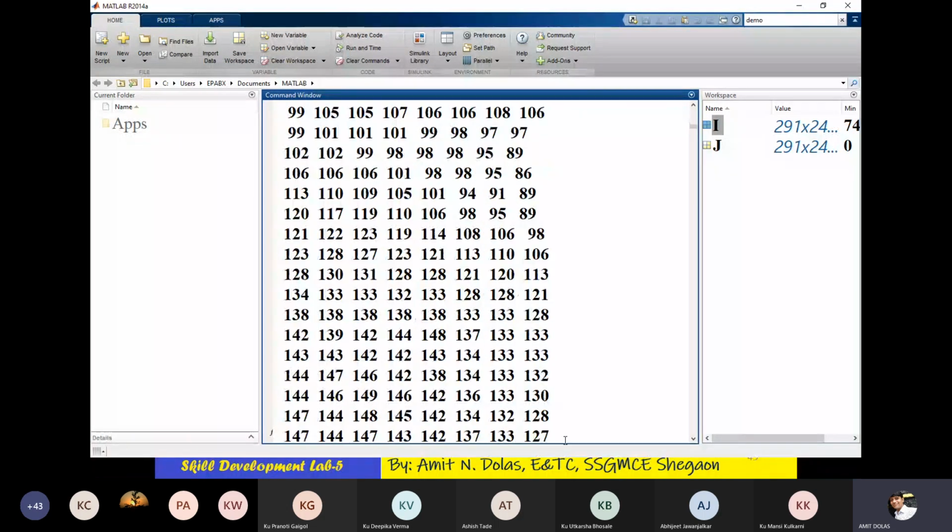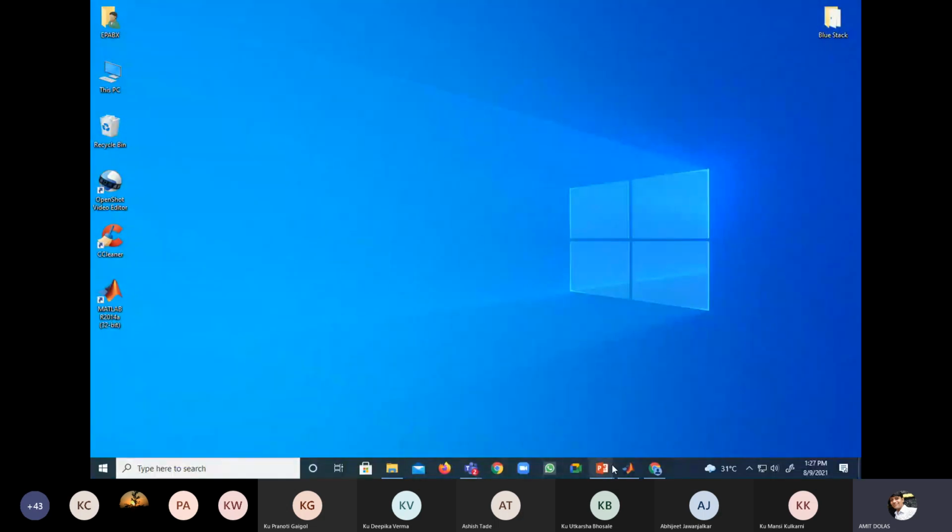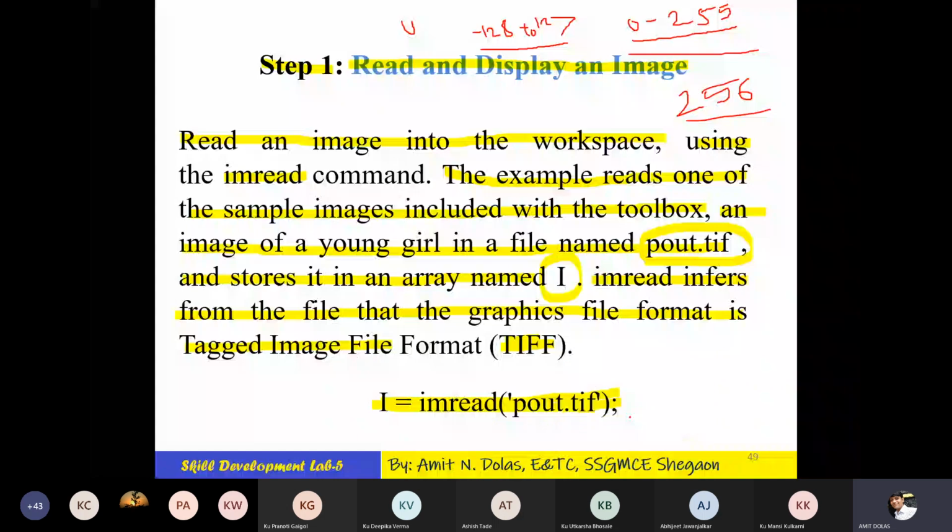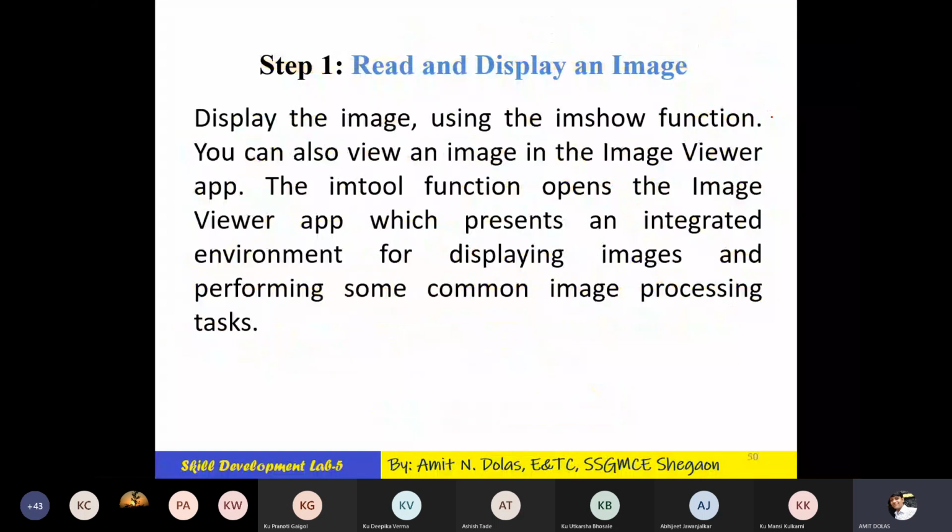For that, there is a command. We'll go by PPT instead of using the direct command. So we read this image with the name pout.tif. Then display the image using the imshow function. You can also view the image in the Image Viewer app, and for that there is the function imtool.